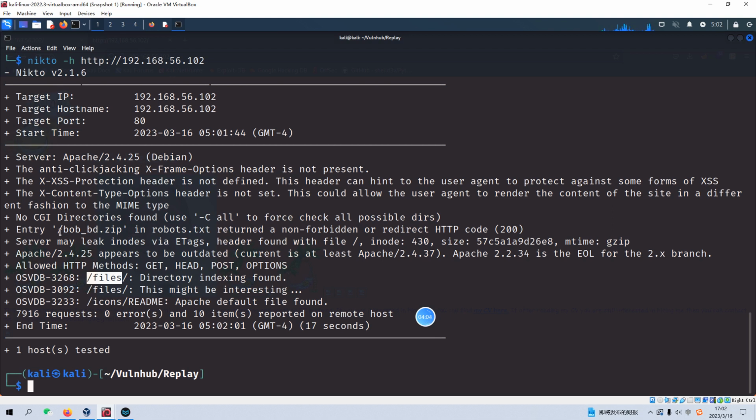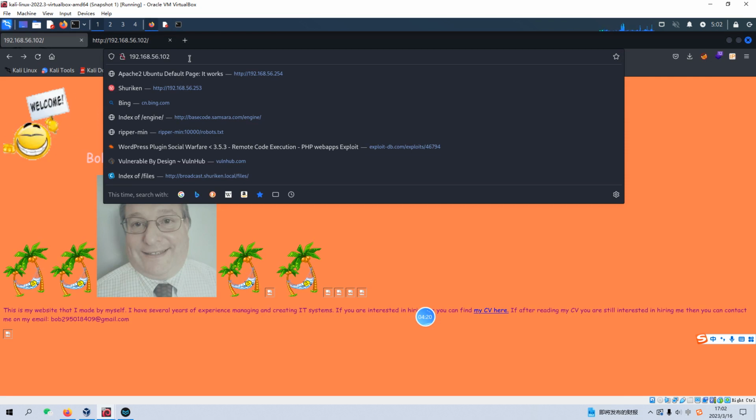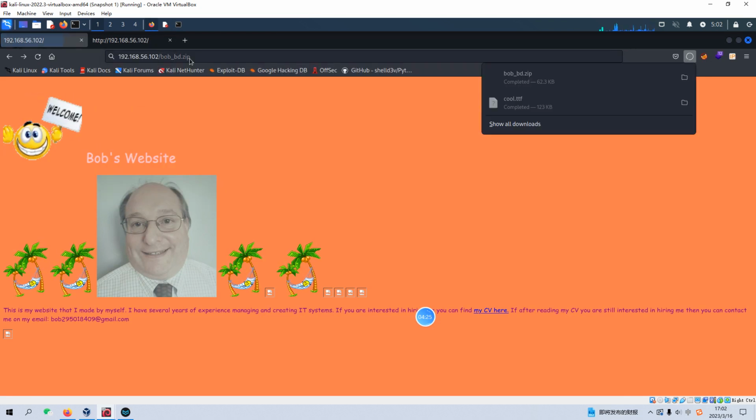Here we can see we have already found this compressed file, Bob. We can copy the file name and paste it into the address bar of the browser. Okay, we have got this file,